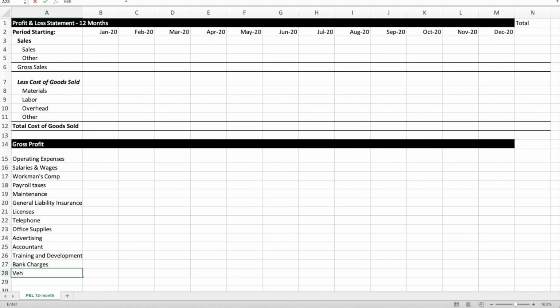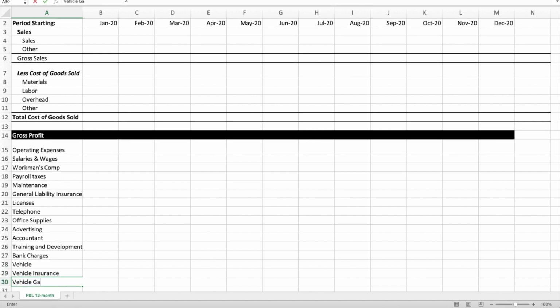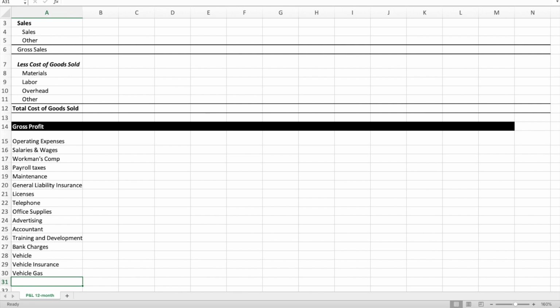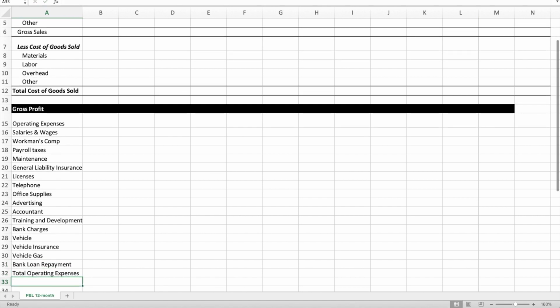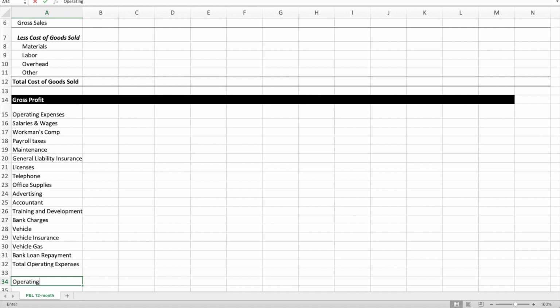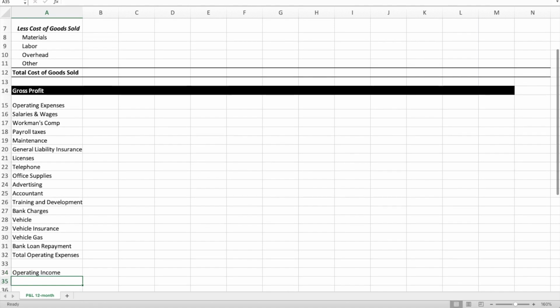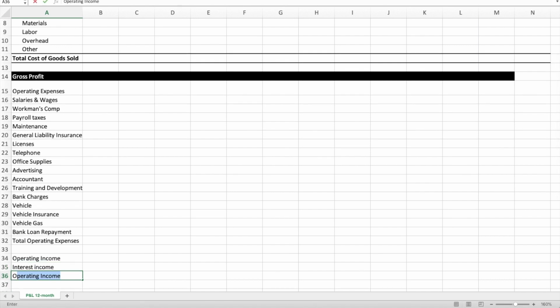bank charges, vehicle insurance, vehicle gas, bank loan repayment, total operating expenses. After the total operating expenses, we want to skip a cell, and we want to put in our operating income,